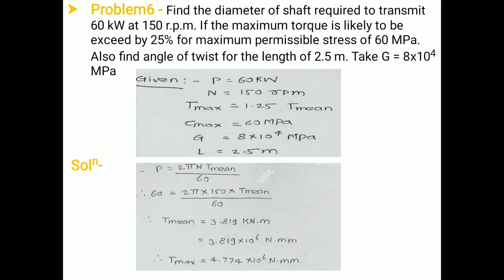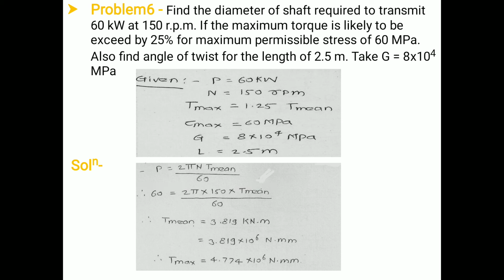So we are going to find out the value of T mean first of all by using the power transmission formula. Once you know the value of T mean, we can easily find out the value of T maximum because the relation is already given in the numerical. Once you know the value of T maximum, we can easily find out the required data. Therefore, by using the power transmission formula, we have P equal to 2 pi N T upon 60. Remember that in the power transmission formula, the T should be average T or mean T. Therefore, we have T mean.